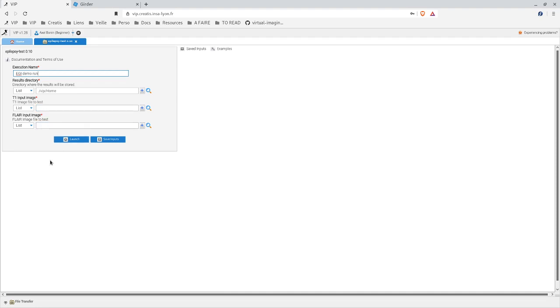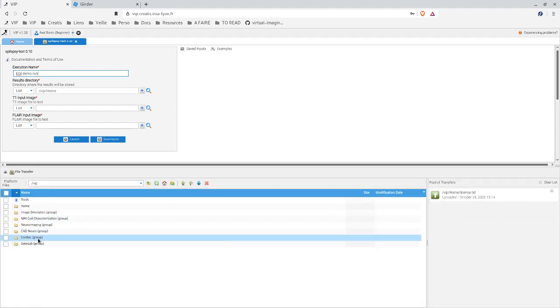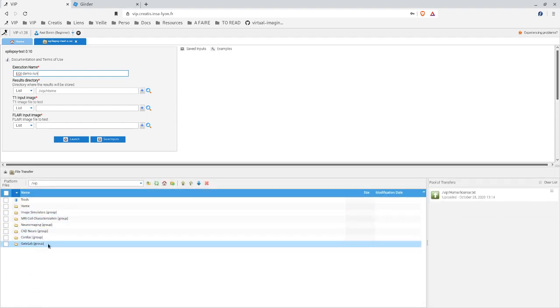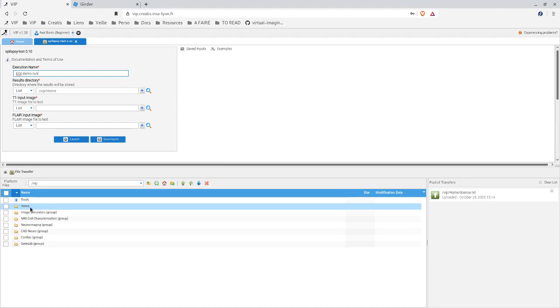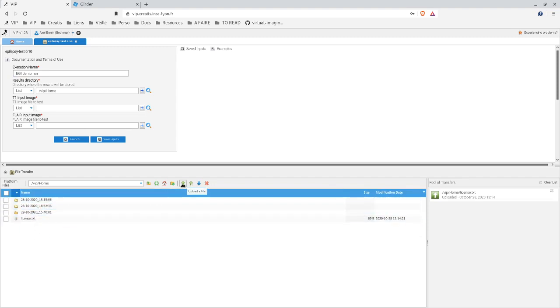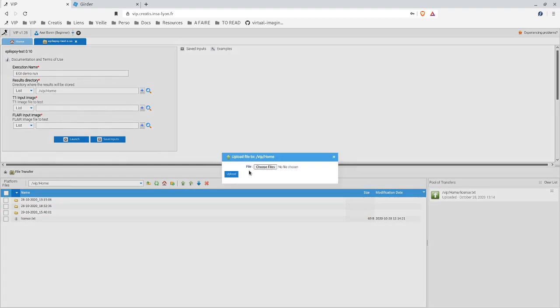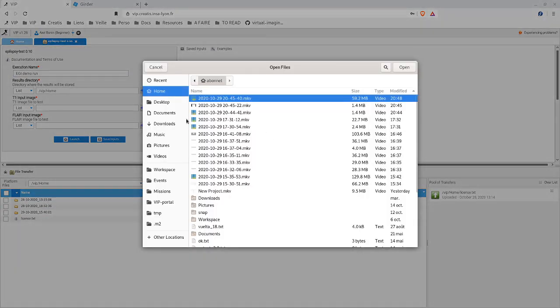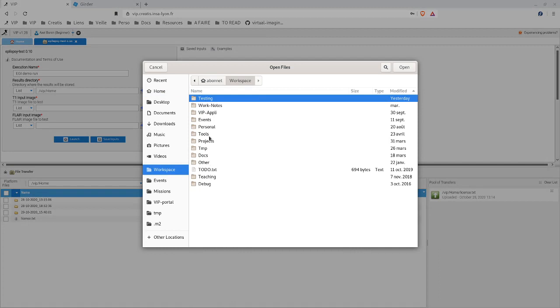To use files as application inputs, I must upload them on VIP with the file transfer tool always available at the bottom. Clicking on it opens the file browser where I have a dedicated home space and I can go into it with a double click. From this home space, I can upload the input files I need from my local machine.